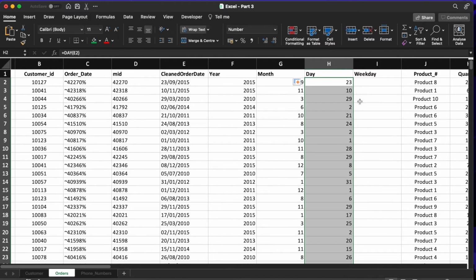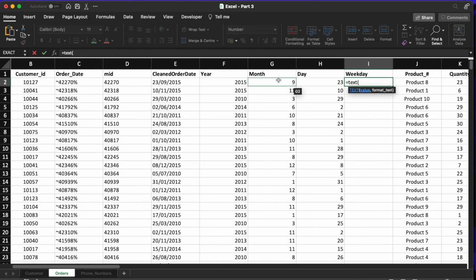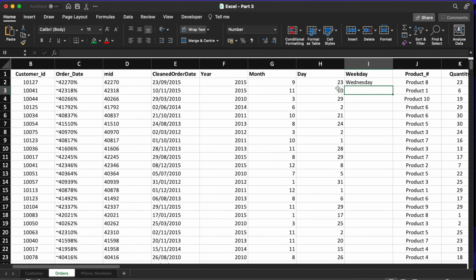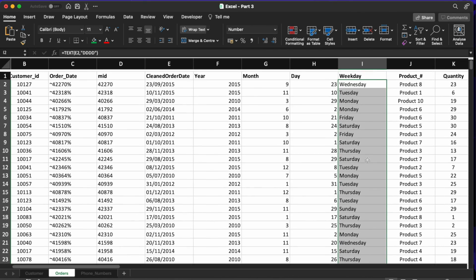And then that's it. So to get the weekday, so right now we have year, month and day. So to get the weekday, to equal to text, and then you pass in the date, comma, and then you pass in d. That's 4 D's, and you hit enter. So this gives you the day of the week this particular date falls. So you can actually just autofill that, so you can have that